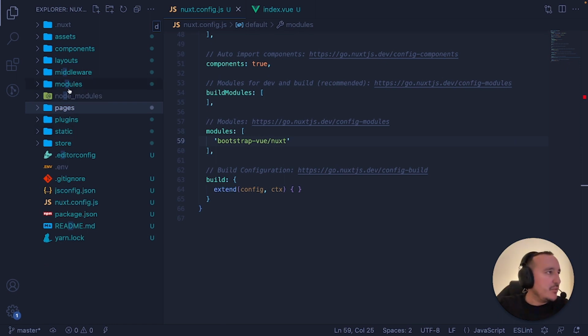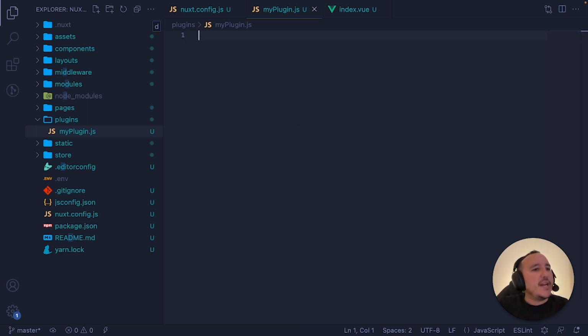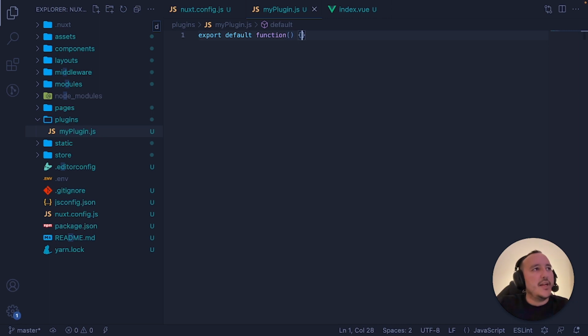So my plugin didn't work, actually. My plugin in here didn't work. So it's a problem because I would like to do stuff with it. This way, it's a way to import it. But basically, what I can do is that I can export default a function, and I could register